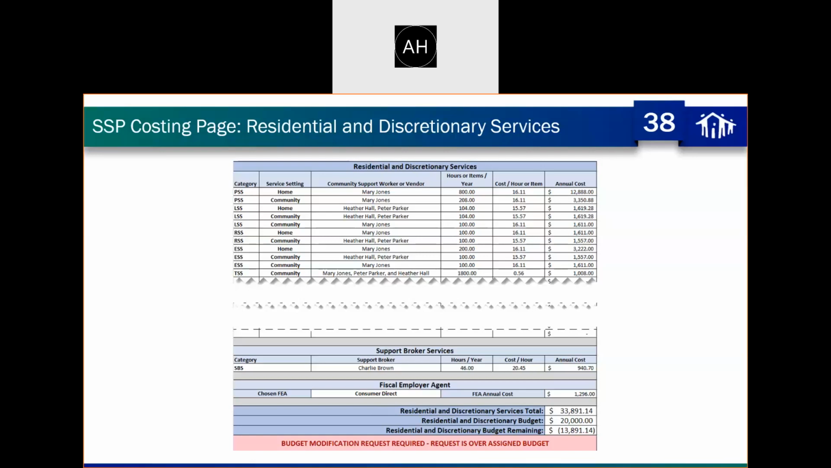And then this last field, the residential and discretionary budget remaining, that is the amount of budget that is remaining, or like in this case, this was over that $20,000 budget, so it would show that this is over by 13,891.14. So if it is over budget, you'll see this red banner that's down here at the bottom that says